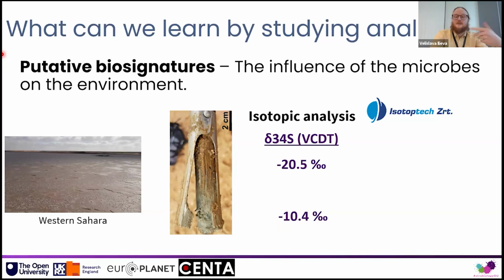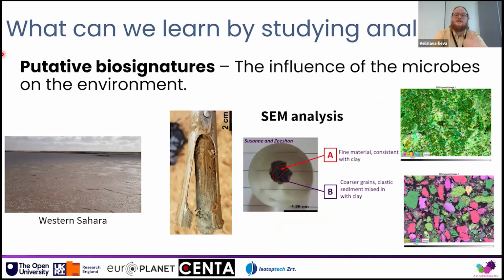We were able to show that there was this depletion of lighter sulfur across the depth of the core, with microbes typically preferring lighter isotopes because it's more energetically efficient. And if we then turn to the mineralogy of the environment and any potential inorganic biosignatures formed as a direct consequence of the metabolisms of these organisms, using the SEM analysis suite at the Open University, we were able to identify that all of the sulfur within the core is now reduced, which is very likely a consequence of metabolic activity. We can then further analyze this for any biosignatures that persist detectable at the mineralogical level.